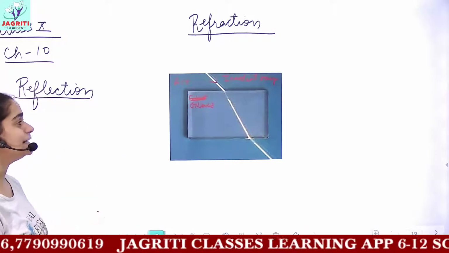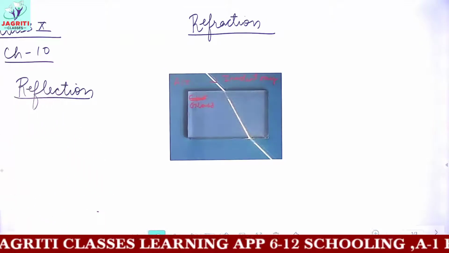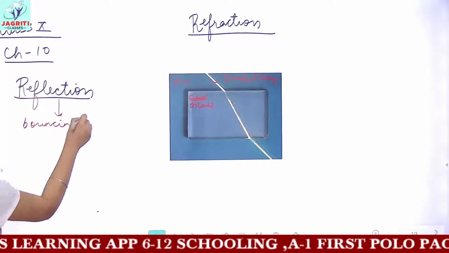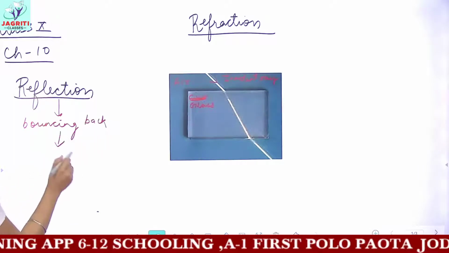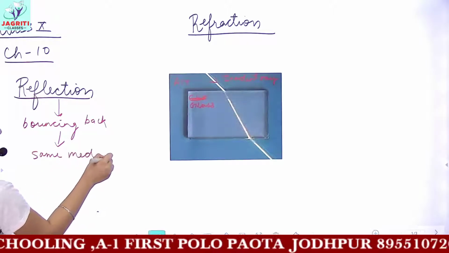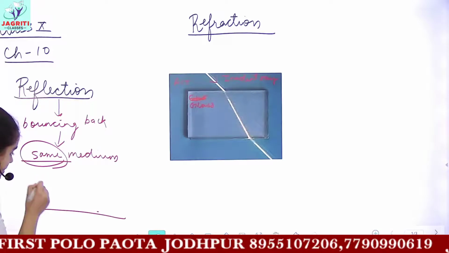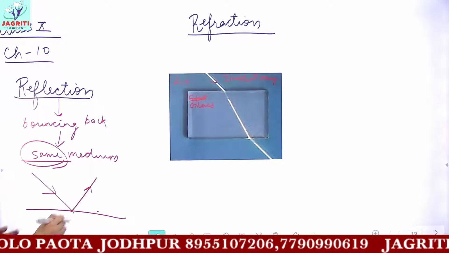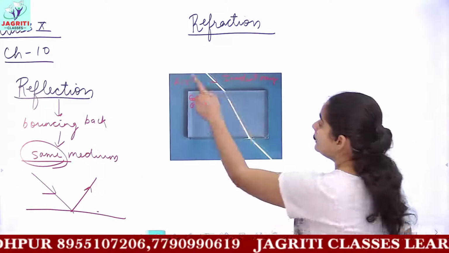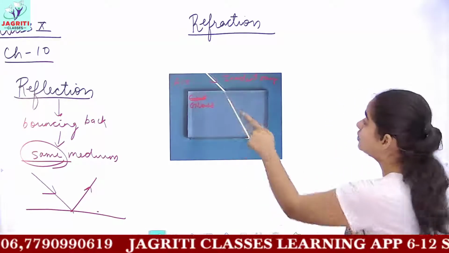As you can see, in this phenomenon you have two different mediums. Whereas when we studied reflection, we said that reflection is bouncing back of light, and the next important term in the definition was into the same medium. So in reflection, whatever the medium we were taking, it was the same. That is, when the light ray came from air, it bounced back to the same medium, that is, to the air. But here, as you can see in this diagram, the incident ray is coming from the air, but now it is entering a different medium, which is glass.